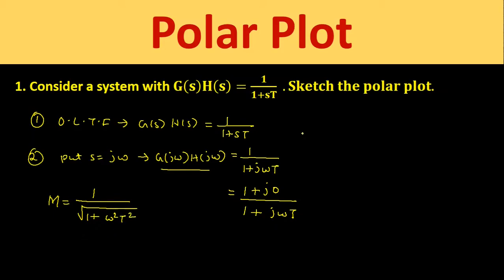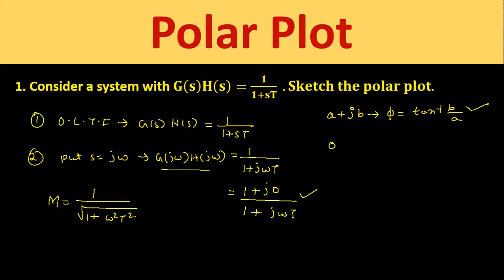And secondly, we have to find out the phase angle. For the phase angle, we have to use this rectangular form of equation. We know that when the equation is in the form of a plus jb, then the phase angle will be equal to tan inverse of imaginary divided by real. So imaginary value is here b and real value is a. So we have phase angle tan inverse b by a. So we will use this formula in this equation also.